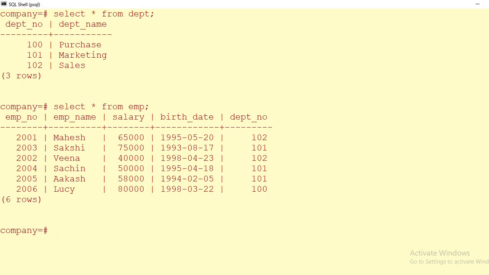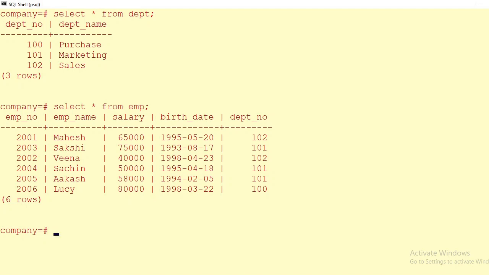Means one department can have multiple employees. That is why that department column can have repeated values. So we can see that 2 records are from sales department, 3 records are from marketing department, and 1 record from purchase department. Means what? If department number is present in department table, which is the parent table, then and only then can those values be inserted in employee table, which is the child table.